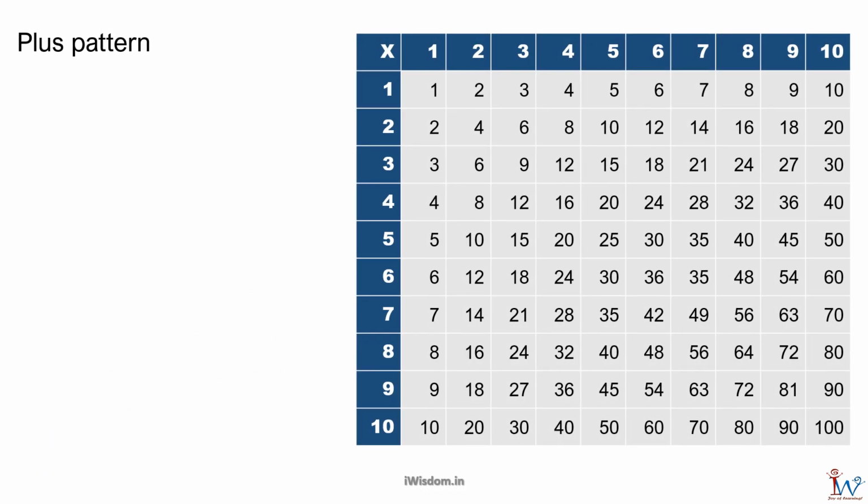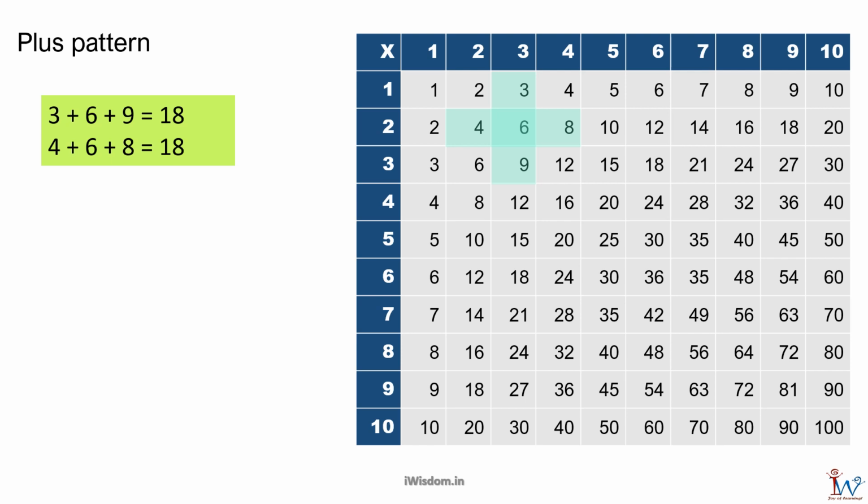Another unique pattern on the multiplication grid is the plus. In the marked plus pattern, the sum of numbers across the vertical line is equal to the sum of numbers on the horizontal line. That is, 3 plus 6 plus 9 is equal to 4 plus 6 plus 8, which is equal to 18. Yes, and this behavior holds good wherever you draw the plus sign on the multiplication grid.